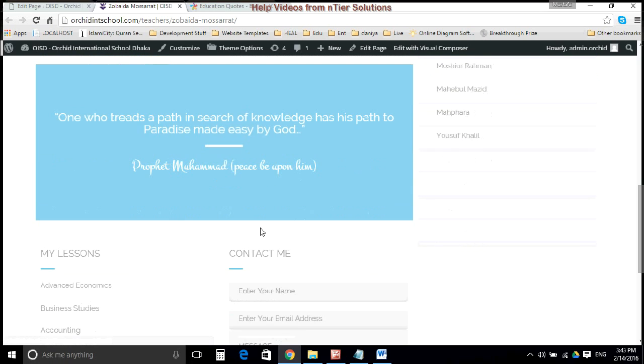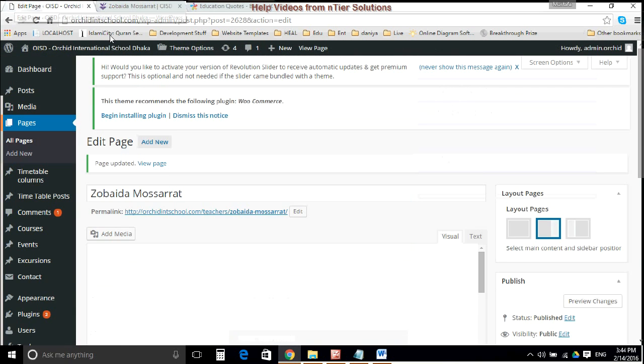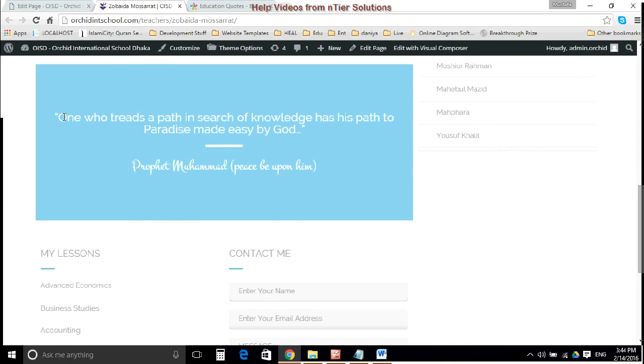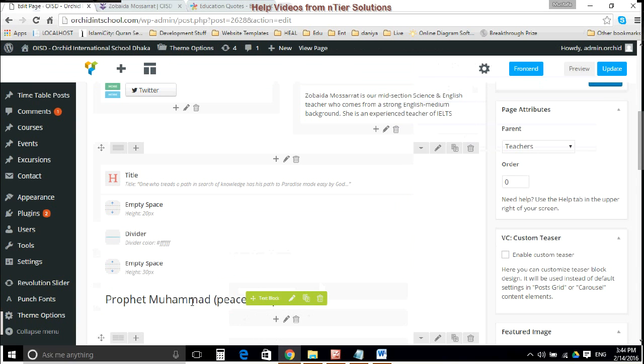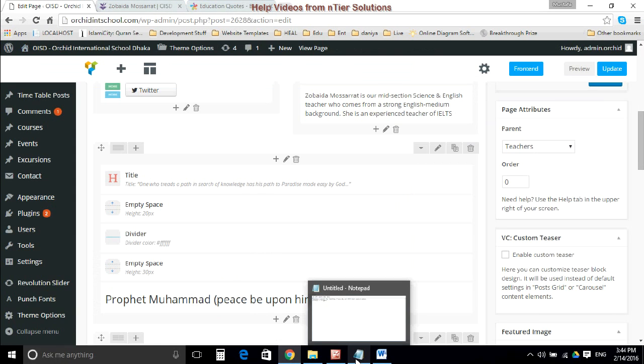Now on this area on the left, you can see that we have kept a quotation area, so you can change this quotation if you want. There are famous quotations available online. So for that you need to come in this area. As you can see, the title, you can just check whether this is the area, and you can see that this is where the quotation area remains. So you can have a preferred quotation set already, or you can search for it on the net.